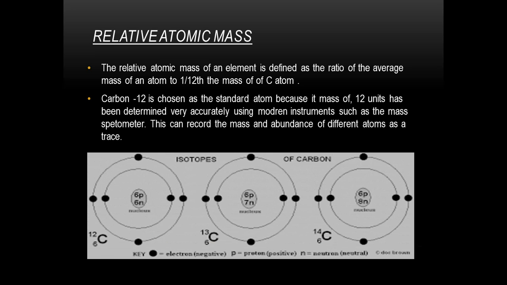Now have a look at this one. These are three isotopes. You can clearly see in this diagram, the one with 6 and 12, the other isotope with 6 and 13, and the third one is 6 and 14. So in all these isotopes the lower number, the 6, is similar, but the 12, 13, 14 are different, and they are the nucleon number.